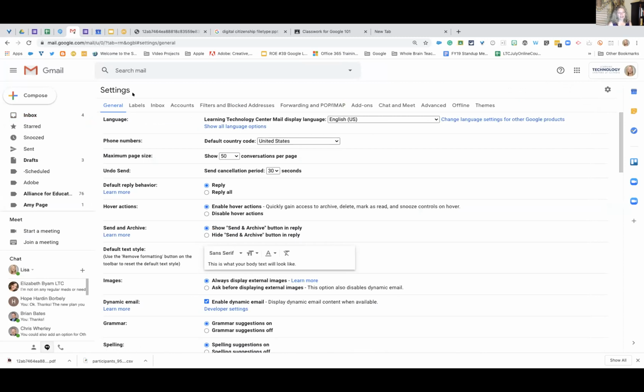Then I've got these different tabs up here. So I've got general, I've got labels, my inbox, accounts, all of these different tabs. I'm going to talk mainly about general. My suggestion, not even just prepping for the exam, but just looking this over, go back here and take a